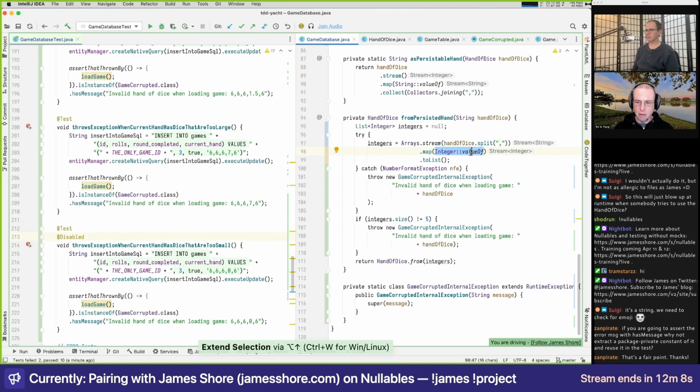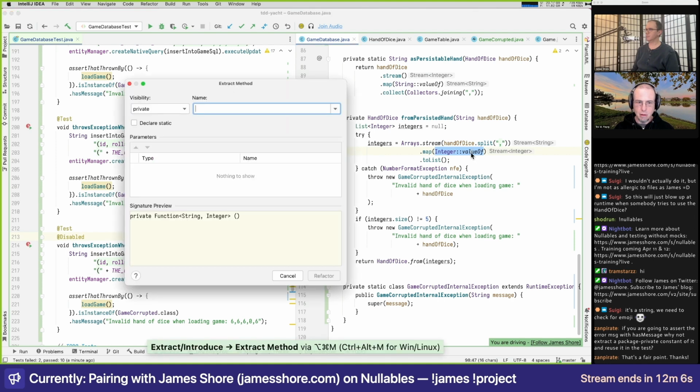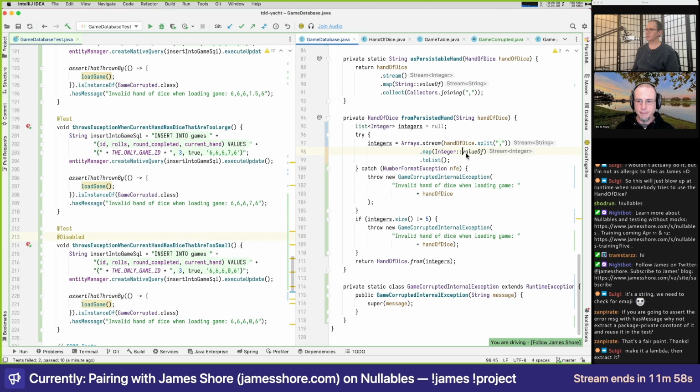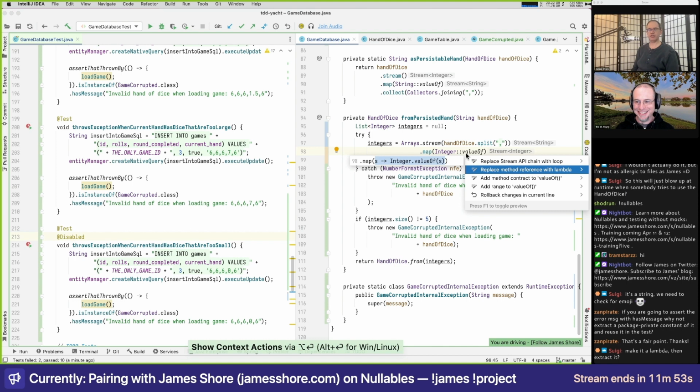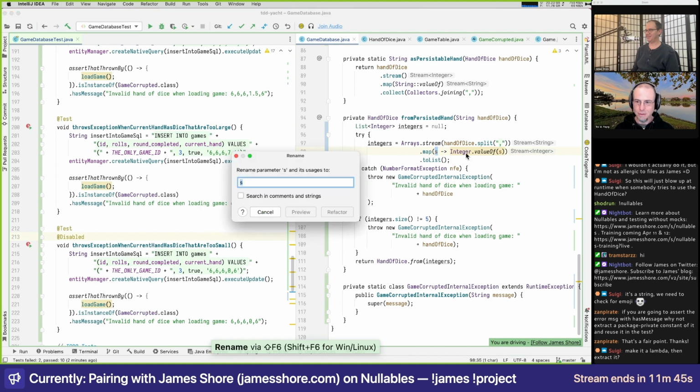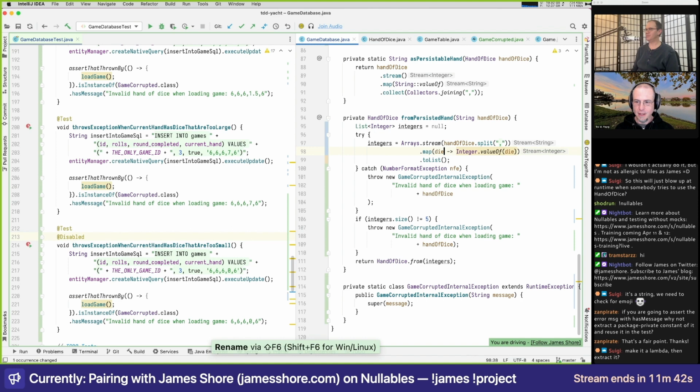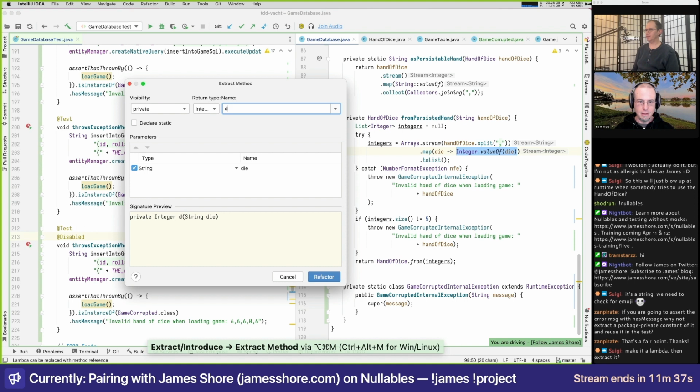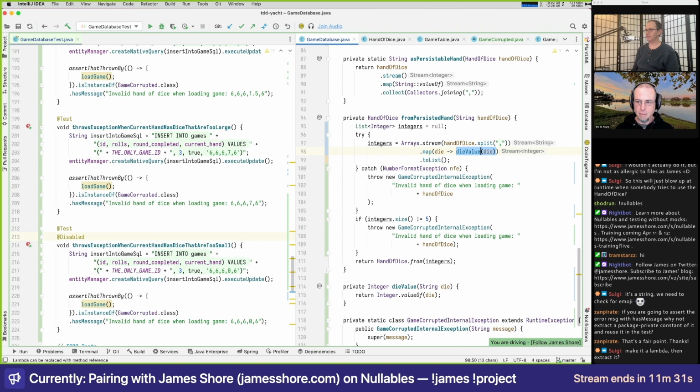Actually, that didn't do what I thought it would. Oh, I don't want to return the function. Ah, okay. Luigi says make it a lambda, then extract it. That's exactly what I was doing. Let me rename this to die. And this. And again, that's a horrible name, but we'll go with it for now.